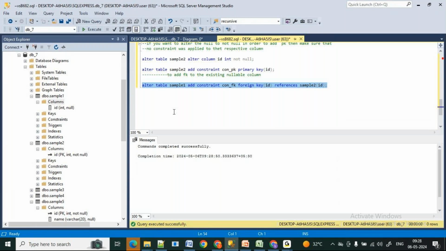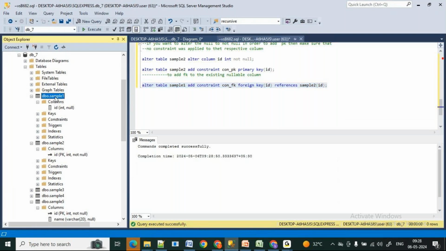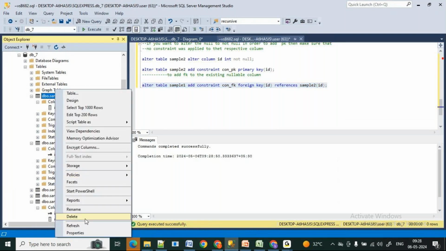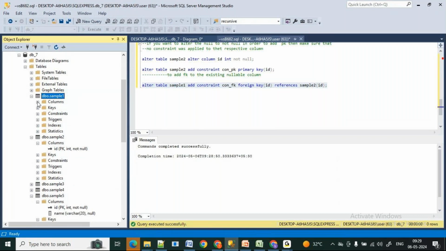Does it show any errors? No. Simply it got created. Okay, now refresh that and try to expand the column. Now it is showing a foreign key. Okay, now it doesn't change null to not null. No. Because foreign key will not bother, right?